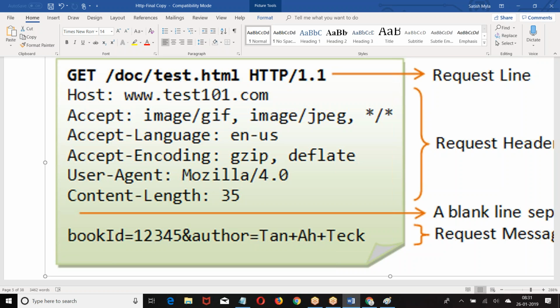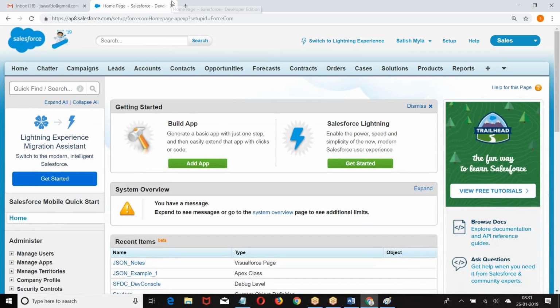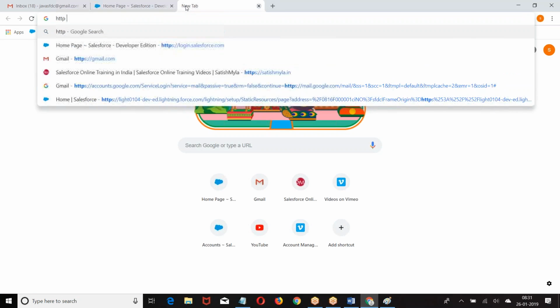Accept language. I am ready to accept in the form of. When do I mention this? When he is giving the option of multiple choices to you, then I can opt for it. Otherwise, no need to mention. Are you clear? Accept encoding, content length. Then he is giving body. I hope you are good with this. I hope everybody has followed these formats. Clear for everyone? Any query from your end? Let us see some more samples.